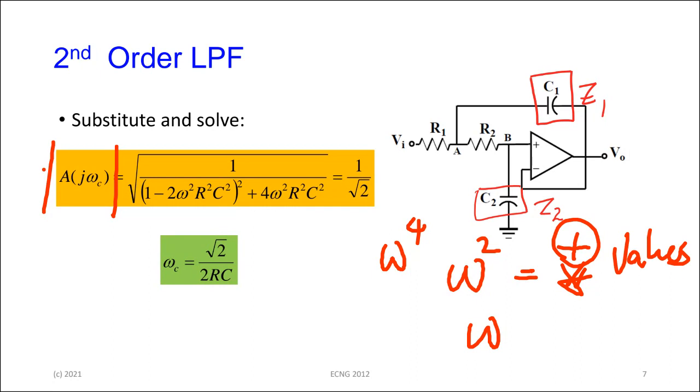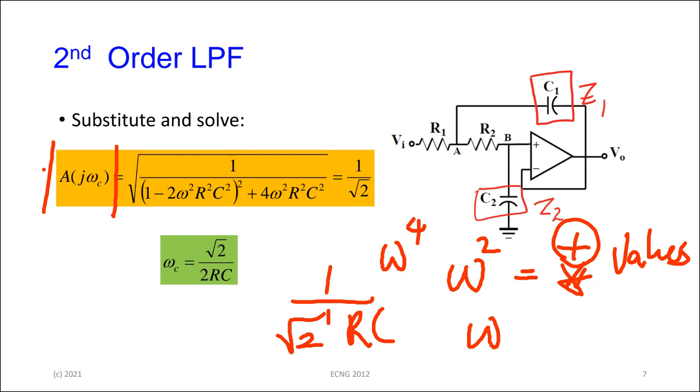Yeah? And then the next design, the next bit of analysis a little bit later on in the class that I show you is going to show you a different approach for doing it. But it's always good to have more than one approach to compare. If you do all of that and you don't make any mistakes, you're going to get that omega c is, well, if you do it that way, you'll get it as 1 over root 2